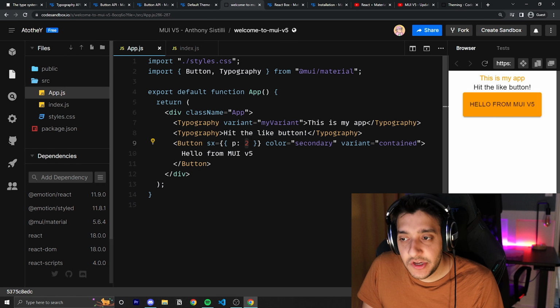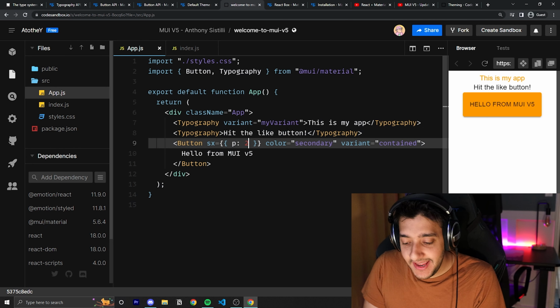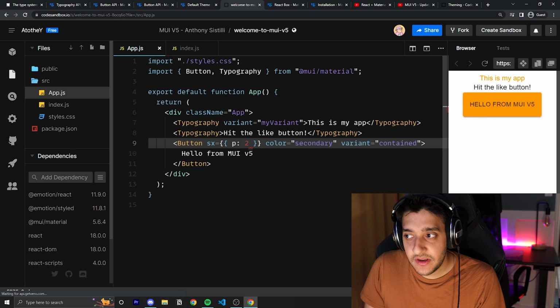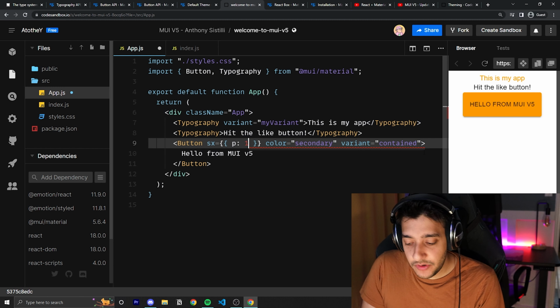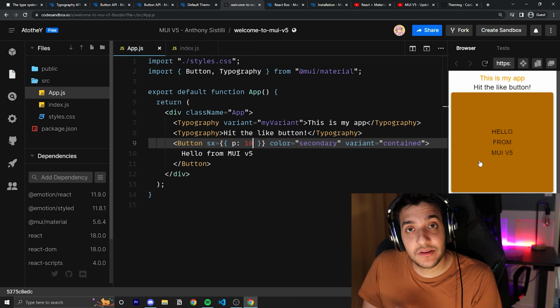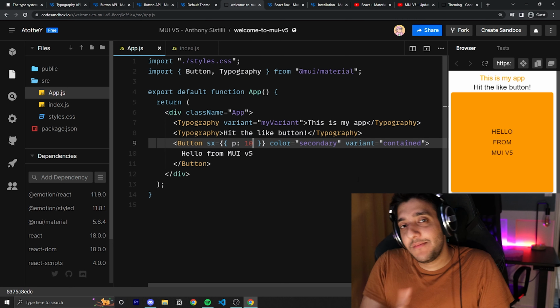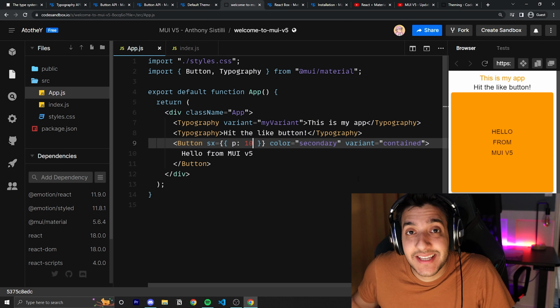If I pass in 2, it will make the padding equal to 2 times 4, which is going to be 8 pixels. So you can see here, it added 8 pixels of padding. If I were to make it 10, it would add 40 pixels of padding to the application. And the reason this is important is that at that same company I talked about, we also had to scale down the